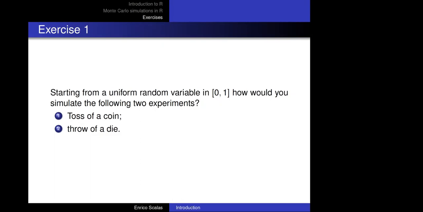In particular, I have this question here: starting from a uniform random variable in 0, 1, how would you simulate the following 2 experiments? The toss of a coin and the throw of a die. In other words, the exercise is asking you to write Monte Carlo simulations of these 2 experiments, which are prototypical